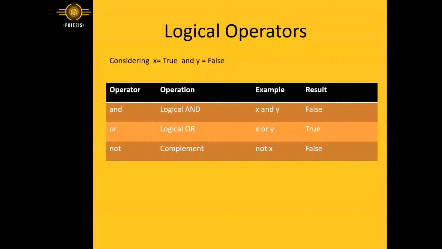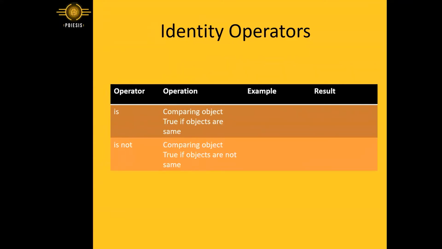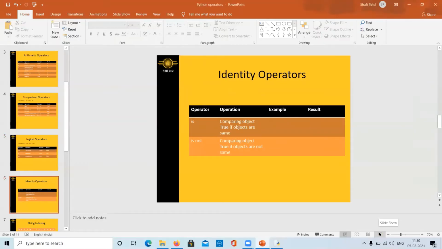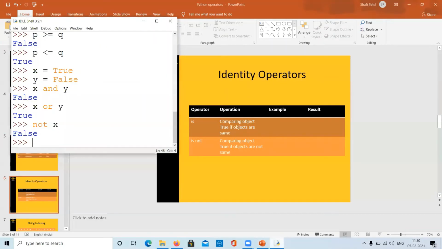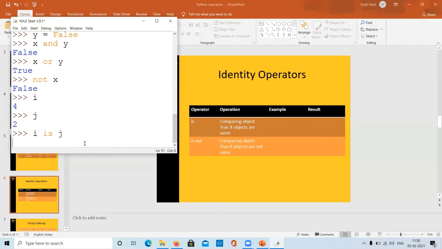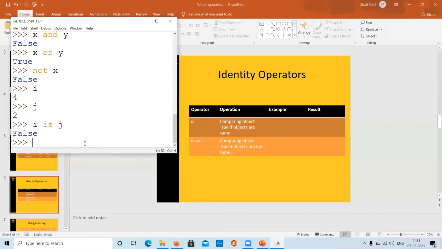Let's move on to our next set of operations, identity operators. And this is really interesting. Let me show you how these operations work. So here we have i and we have j. Now if I ask i is j? The answer is false. If I ask i is not j,